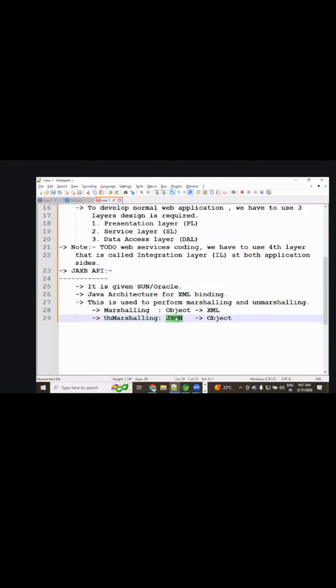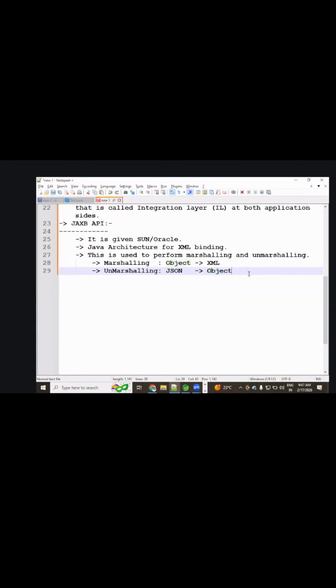Unmarshalling is JSON to object format. Clear, all of you? Okay, next one.